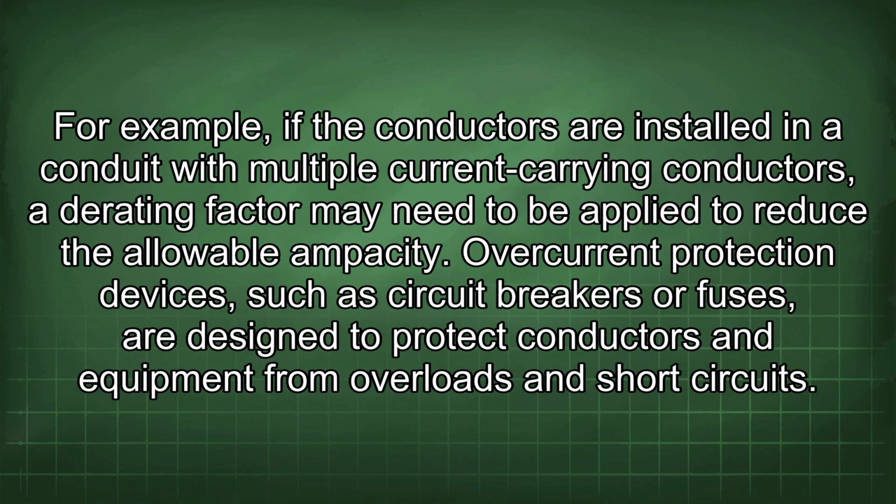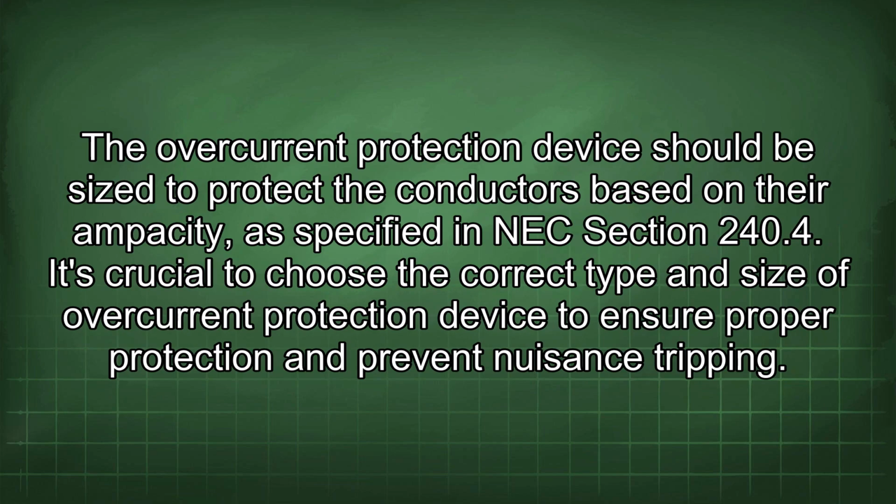For example, if the conductors are installed in a conduit with multiple current-carrying conductors, a derating factor may need to be applied to reduce the allowable ampacity. Overcurrent protection devices, such as circuit breakers or fuses, are designed to protect conductors and equipment from overloads and short circuits. The overcurrent protection device should be sized to protect the conductors based on their ampacity as specified in NEC section 240.4. It's crucial to choose the correct type and size of overcurrent protection device to ensure proper protection and